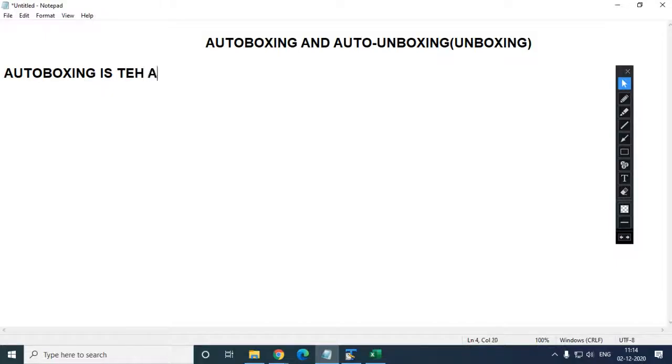is the automatic conversion of the primitive data type. Are you getting this PDT, or should I write in capital the full form?